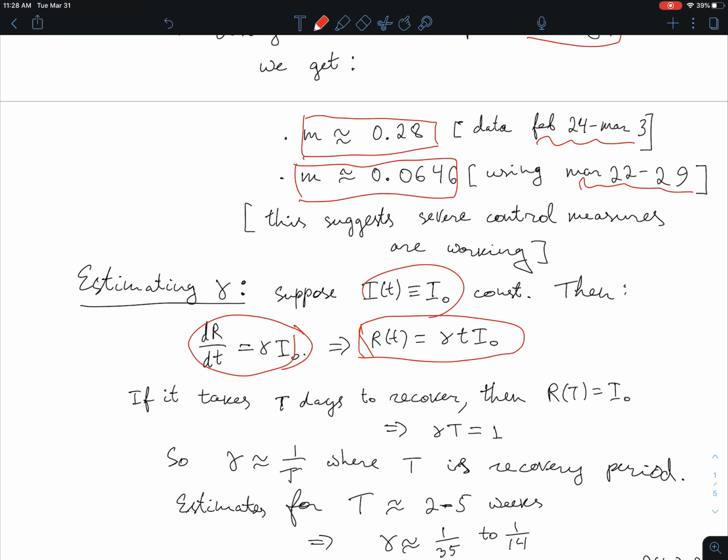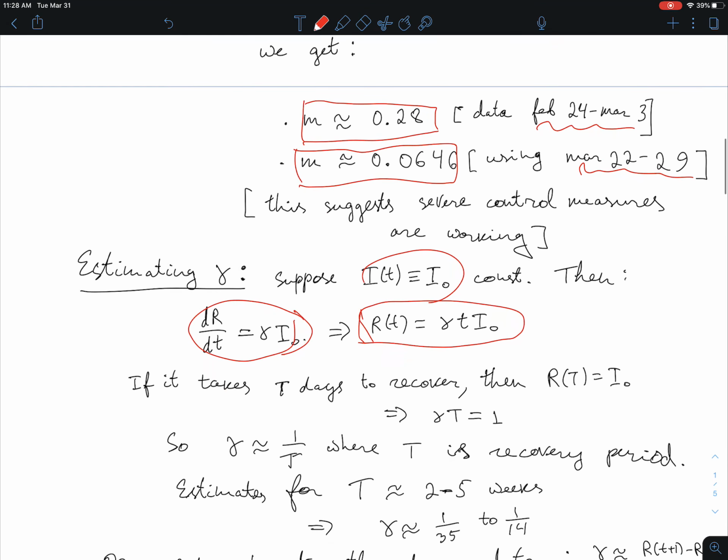Okay? And the question is, when does everybody get recovered? When R is equal to I. So if I set R equal to I here,